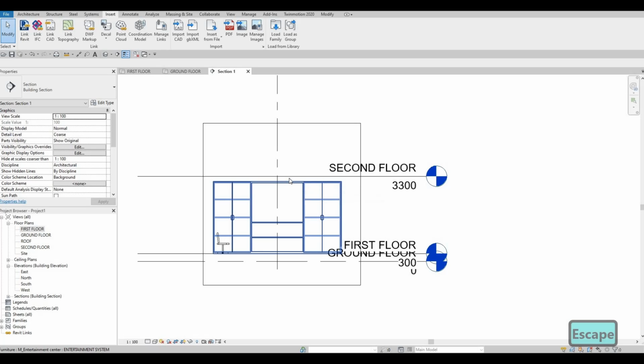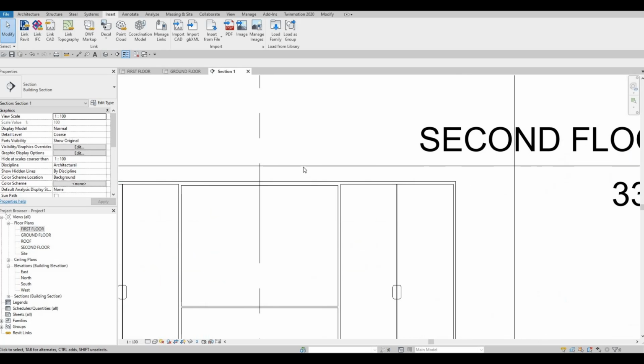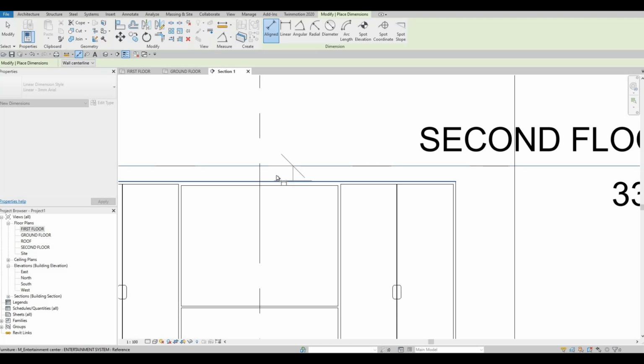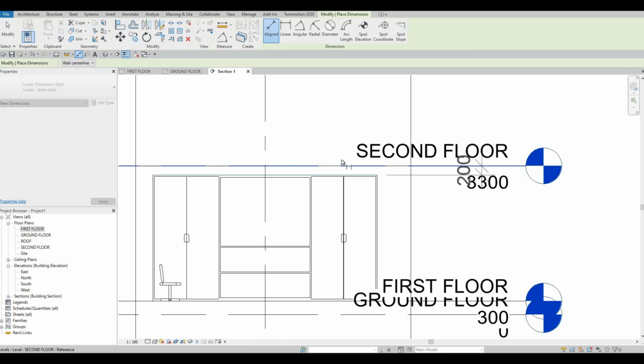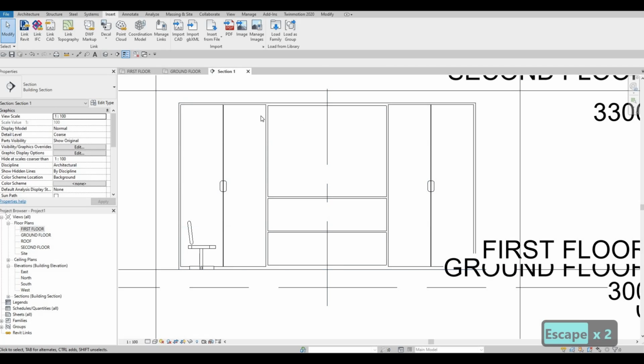2800, it's because once we add a floor over at the top, our thickness will be 200. So I want this one to be flush, and I want it to be exactly at the top. So that's why we're putting it at 2800, because I know 3000 is the height from the first floor to second floor. So that's why we put 2800. We put this one as 2000 because we're going to add in